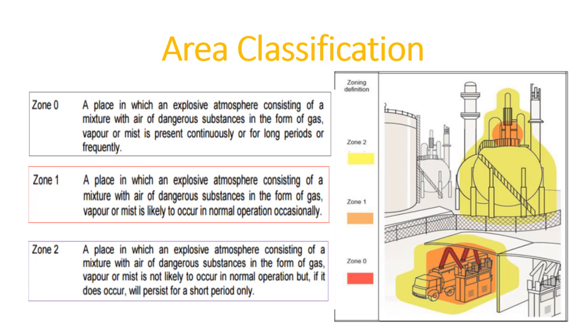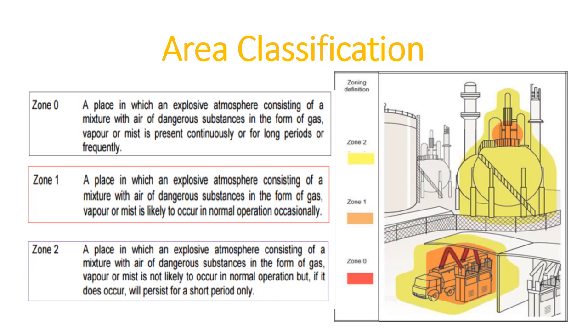So there are three categories: zone 0, zone 1 and zone 2. This is as per the IEC classification, and this is most widely used in oil and gas industries. Zone 0, zone 1 and zone 2, and this is for